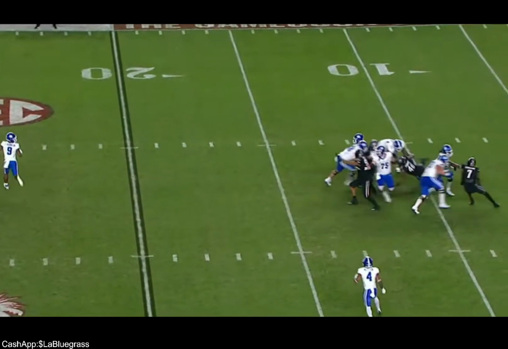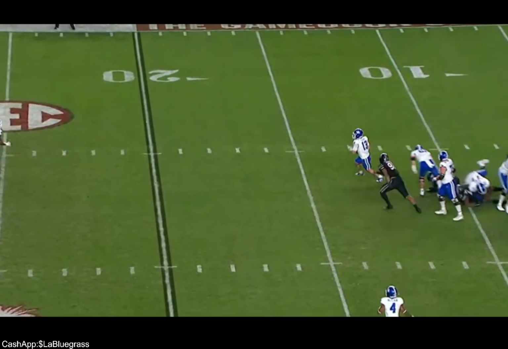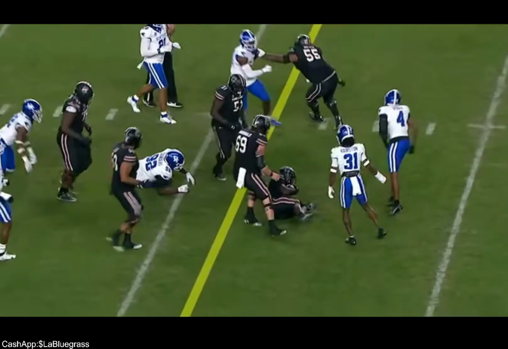All right. Leary is not Lamar Jackson. Ooh, what's this? I hate